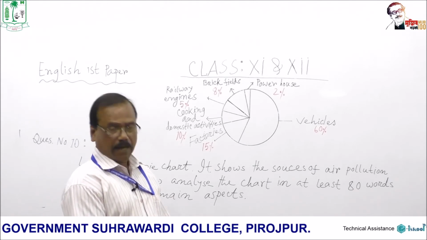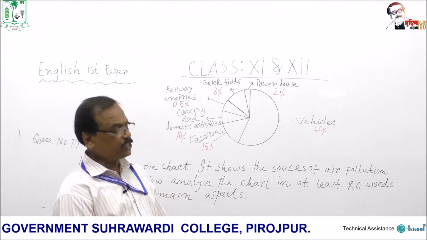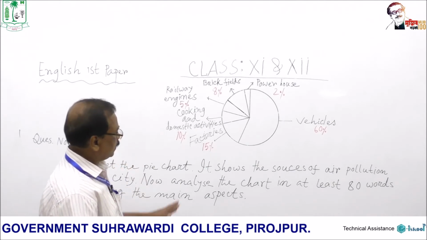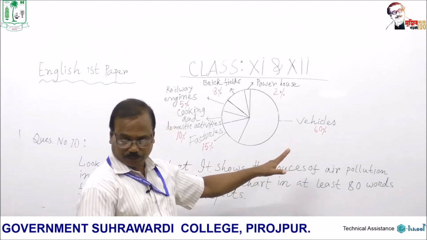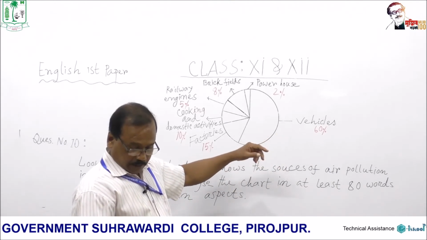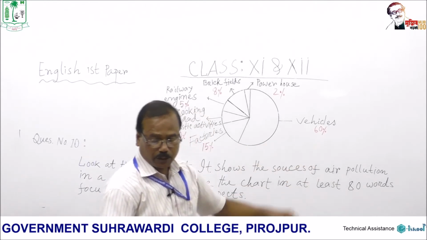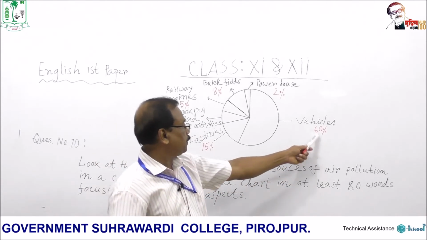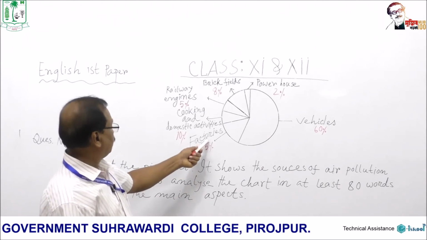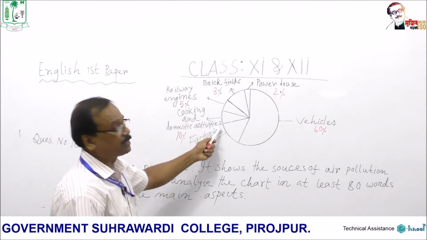Then the fourth one: it is found or it is seen that air is polluted. Now, analysis. The fourth sentence, we will analyze the chart. It is seen that air is polluted 60% by vehicles, 15% by factories, 10% by cooking and domestic activities,